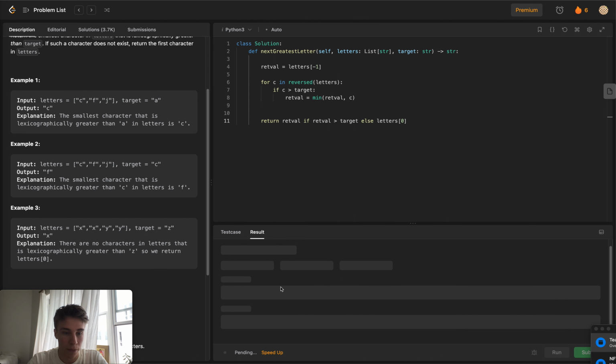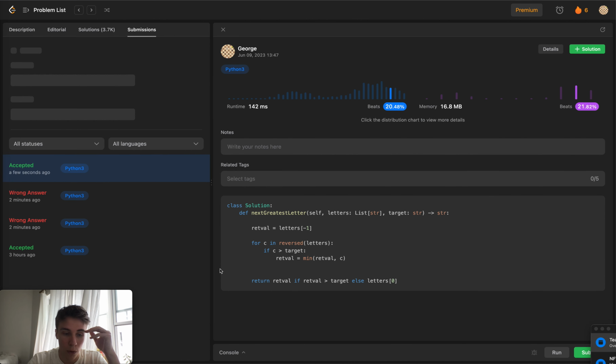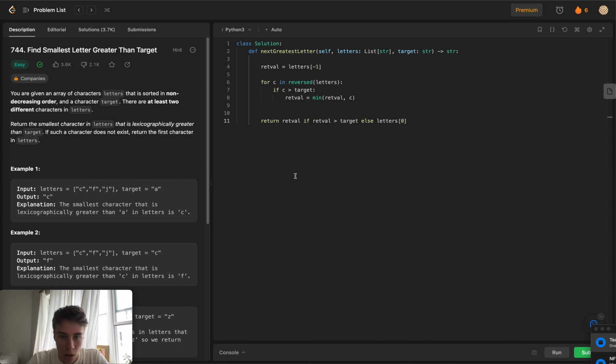And this should be good. So I'll briefly explain what has been happening. What is happening here? The array of letters that were given to us is sorted in ascending order, meaning it's getting bigger and bigger and bigger. The character that was given to us as a target could fall somewhere along that list of